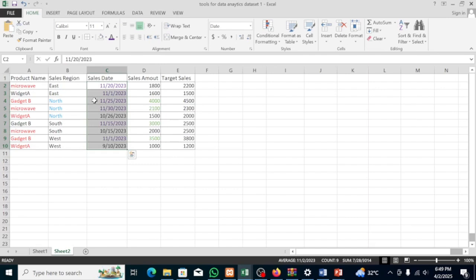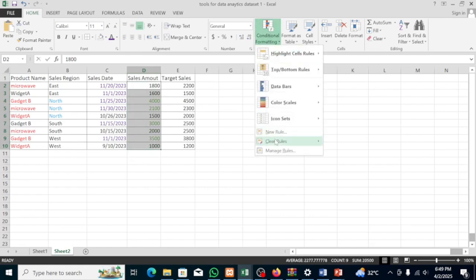So now we want to highlight our top three sales amounts, the highest three. So let me rephrase it. The highest three sales amounts that we had. That's to say the highest products that we had, because sales amount is what. Okay, let's not get confused now. Let me leave it as our top three sales amount. So here we'll select the sales amount again, C2 to C10, conditional formatting, new rule,